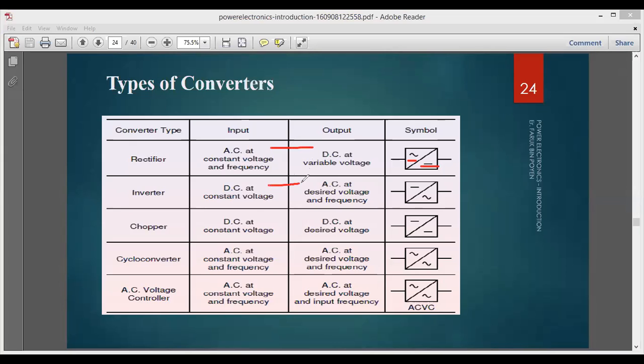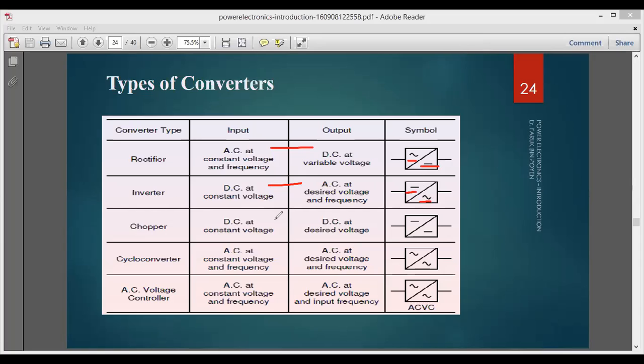The second is DC to AC. Go back in the reverse. We call it an inverter. A device which converts DC supply to AC supply is called an inverter. So what is the input? Input is a straight line and you are trying to generate a sine signal. How are you generating a sine signal? By making use of an inverter.